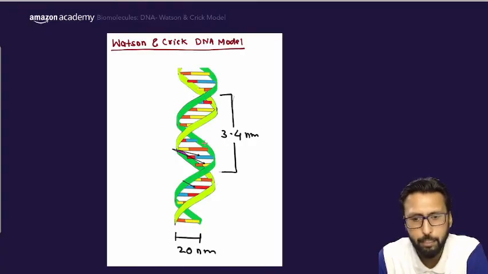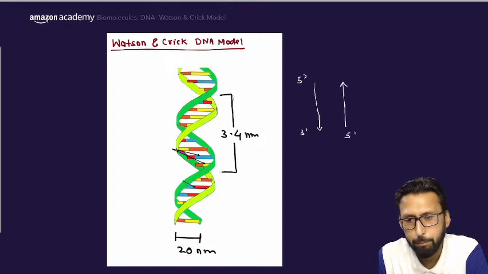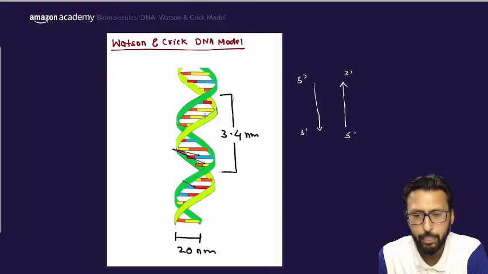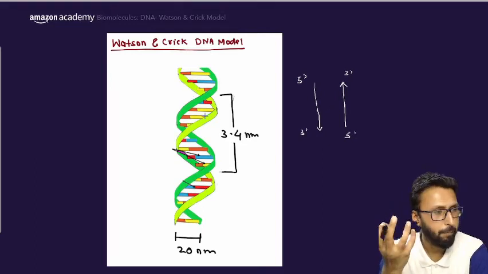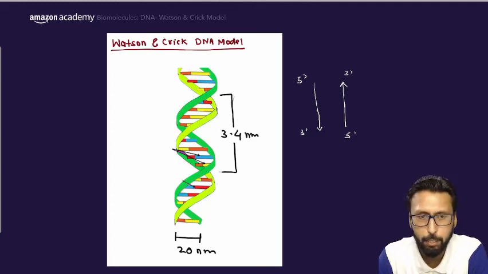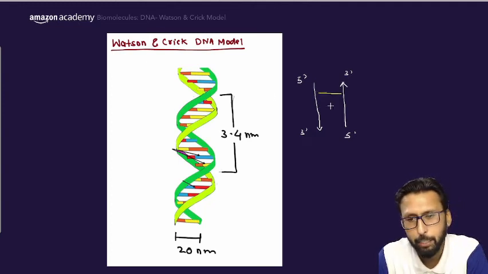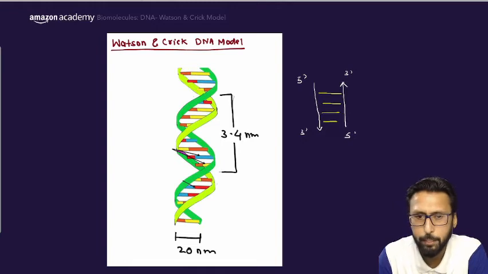So it looks something like this. We have two anti-parallel strands. What is the meaning of anti-parallel? Suppose this is one strand. It is going from the 5 prime end to the 3 prime end like this, and the second strand is going like this from 5 prime to 3 prime. So these are two DNA strands, like here you can see, and then they are twisted helically. Together they are joined by hydrogen bonds. So these are the two strands. Let's go into detail, then we will discuss this again.